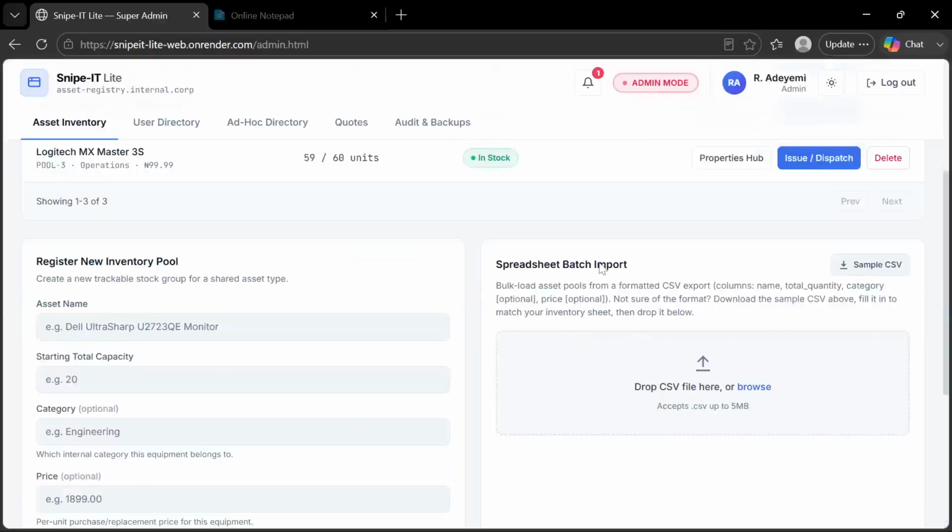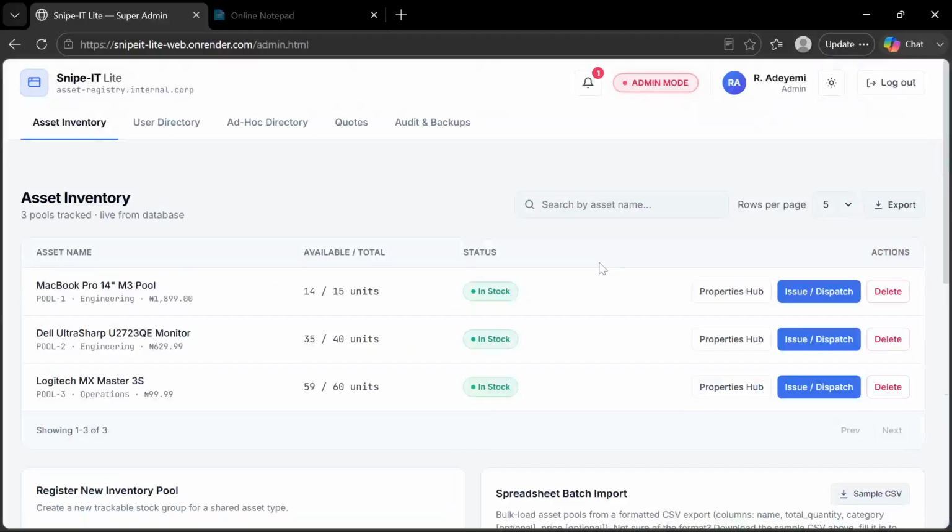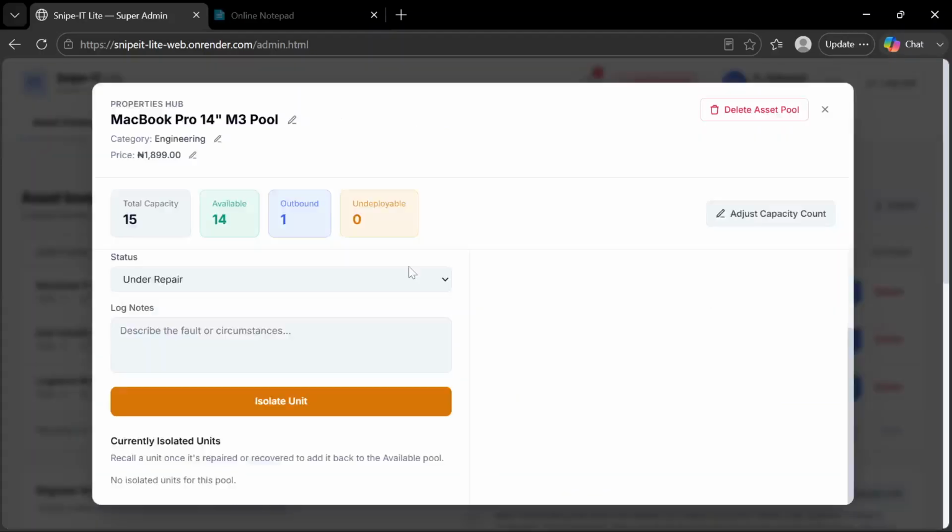So we have seen both the admin and the manager. The admin has edit access. That means it can edit, it can also adjust the quantity, and the admin can also delete an asset,